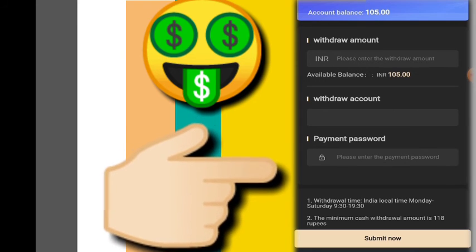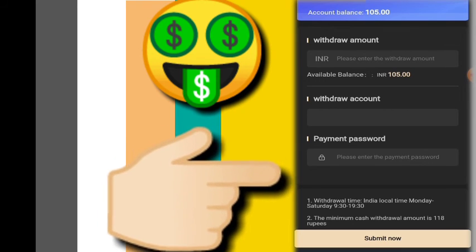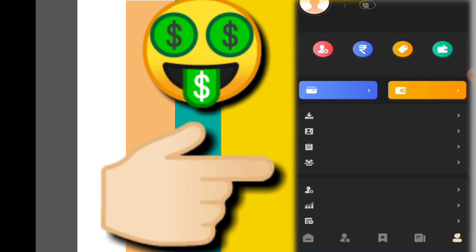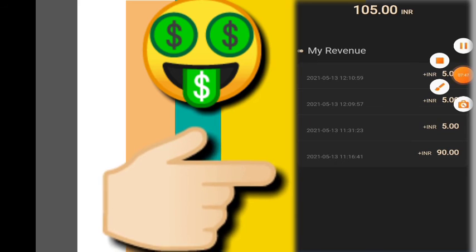So it is very easy, you can do it. Okay, and then I'm talking about payment password. You need to give a payment password, okay, so that you can take rupees.